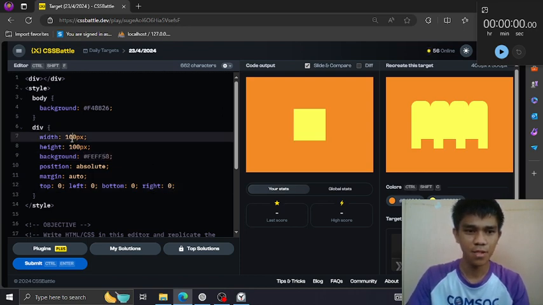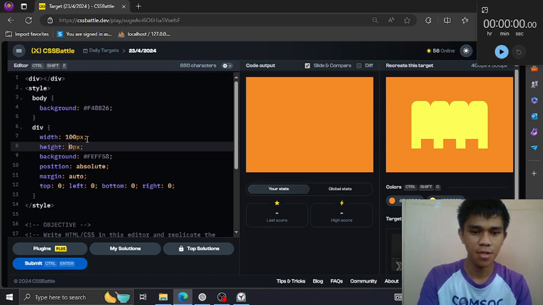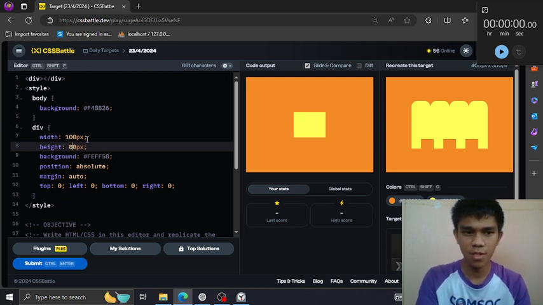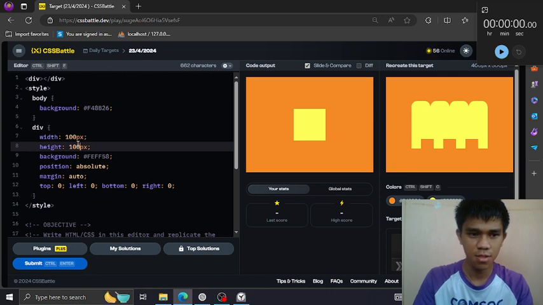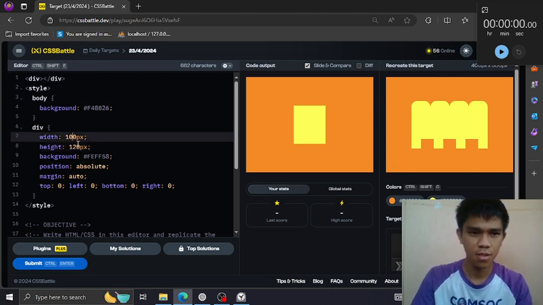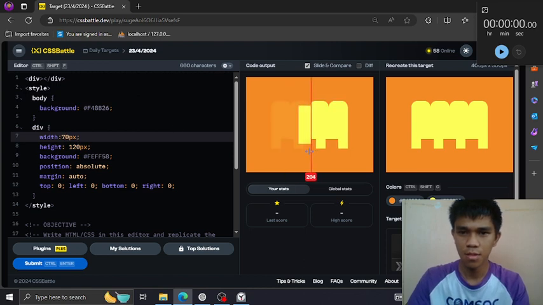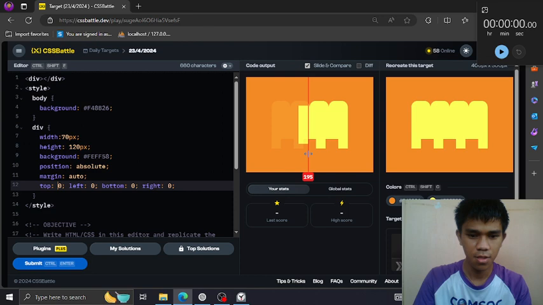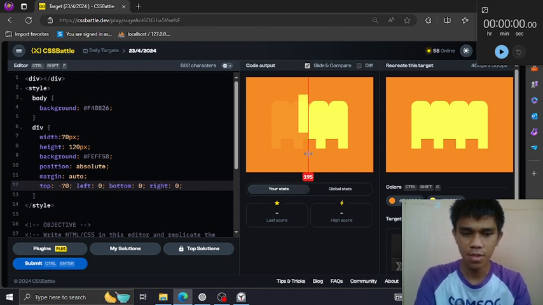Adjust the height. By the way, we are doing it like this, a CR. What's the height? The width is 70. Then make it to the top. Push it from the top.